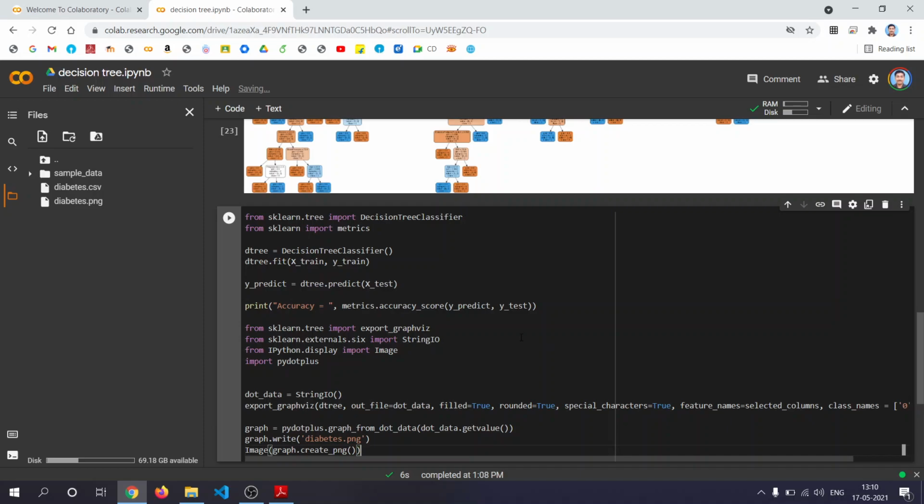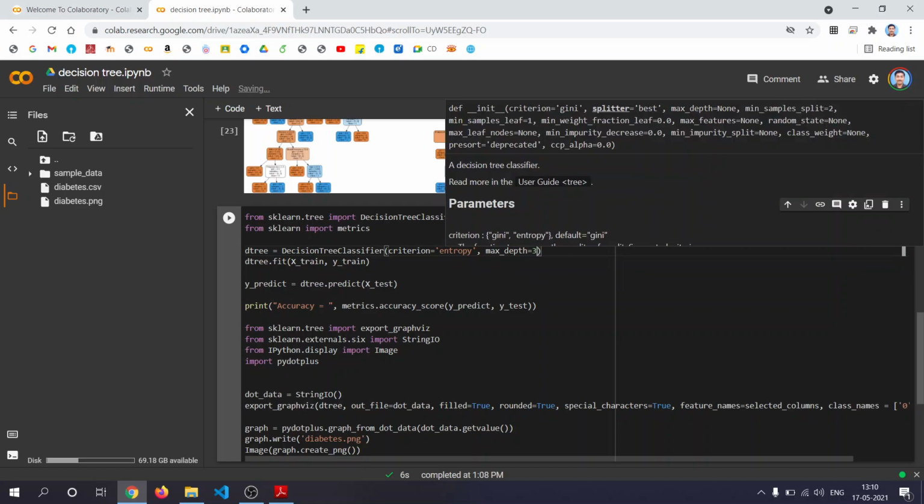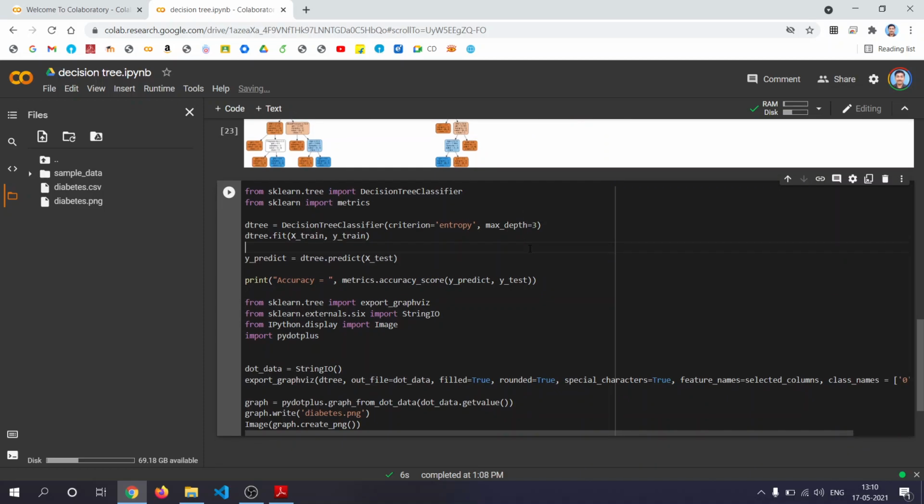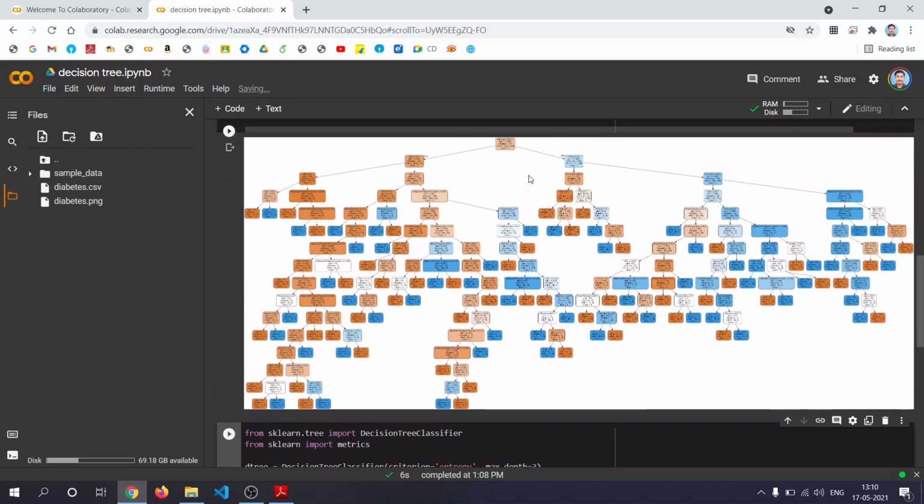Okay, now in this decision tree classifier I will say my criterion for splitting the data is entropy. And I can specify the max depth also here, and that is the main thing you can note. By specifying this max depth you can construct a smaller tree, where the depth of the tree will be only 3.